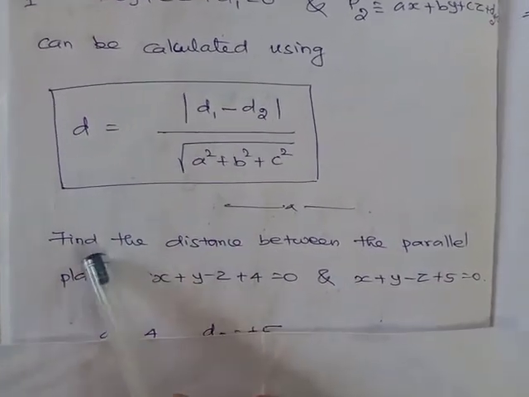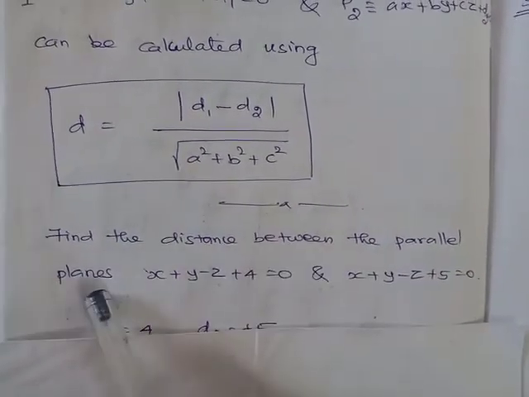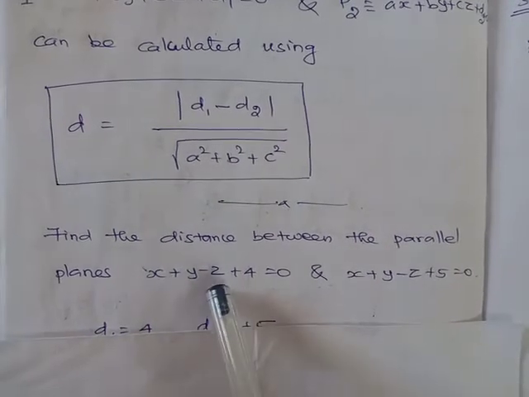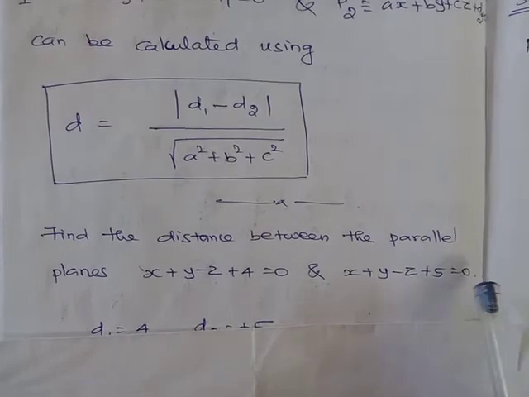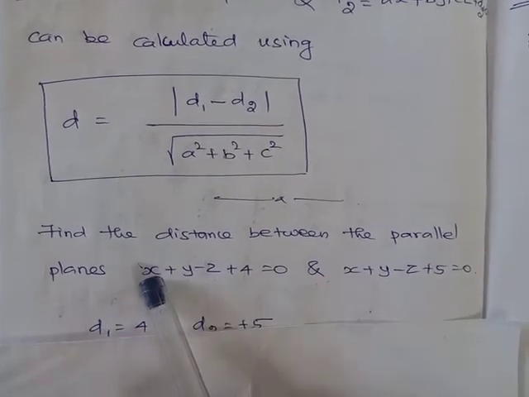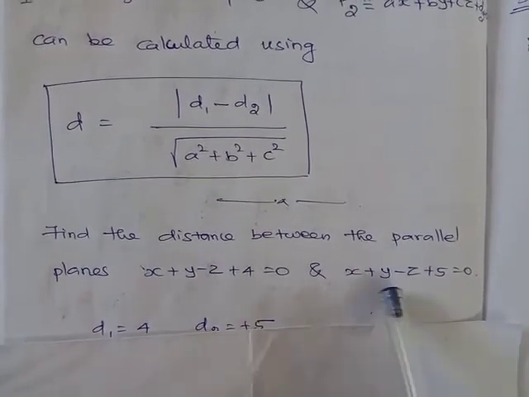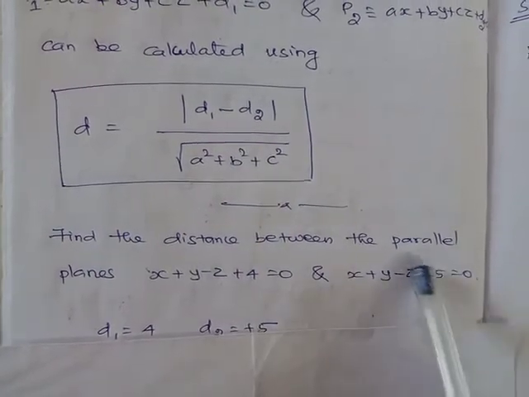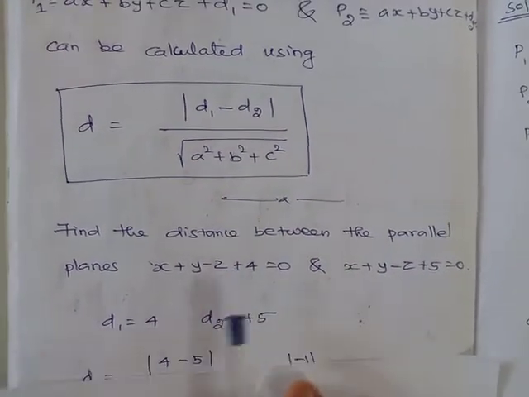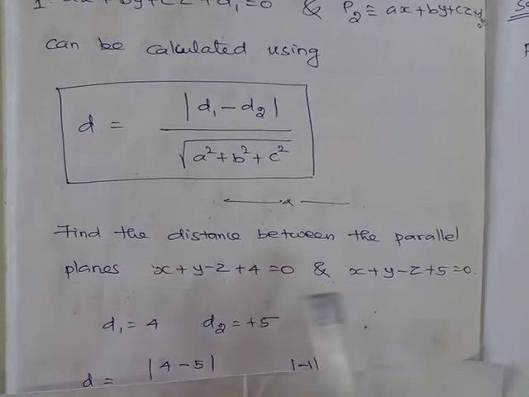The first question is: find the distance between the parallel planes x plus y minus z plus 4 equal to 0 and x plus y minus z plus 5 equal to 0. You can observe that the coefficients of x, y, z are the same. These two plane equations differ by constants, and d1 can be considered as 4, d2 as 5,